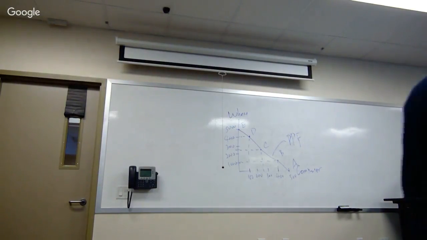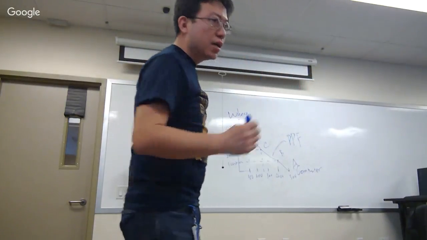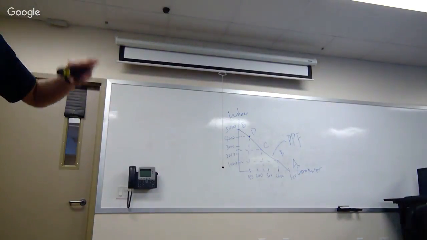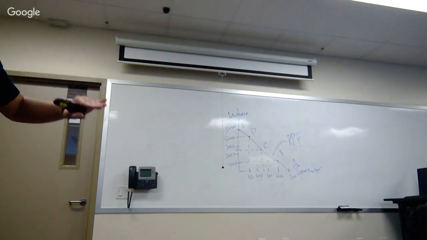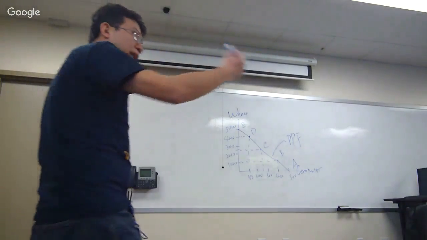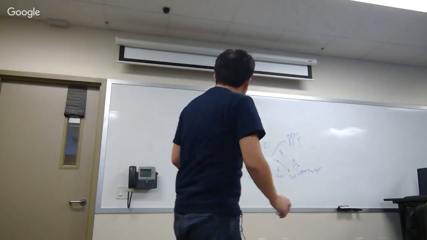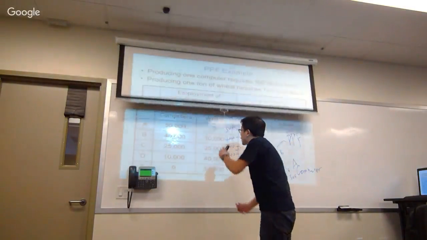Okay. Now this production possibility frontier has some special properties. The first special property is that it shows you the opportunity cost between different levels of production. Remember we learned this last week, opportunity cost. That's the opportunity you must give up to do something else, right? So guys, if we look at this table here,